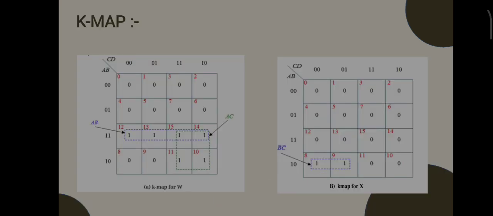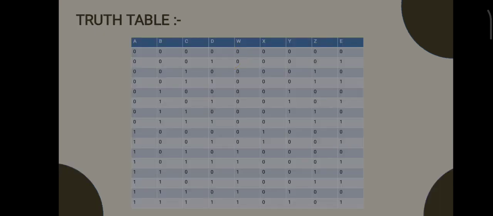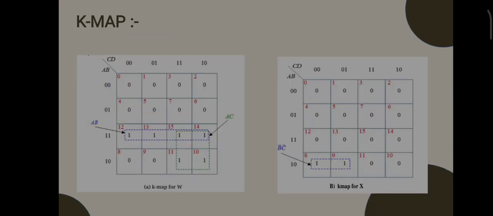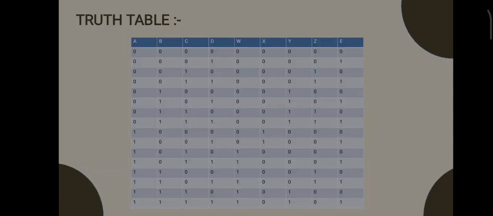So let's move forward to the K-map. We have taken a 4-variable K-map here, which accepts 16 inputs. On the vertical side we have taken 00, 01, 11 and 10, and here we have also taken 00, 01, 11 and 10. We have to check the truth table of the output positions, which are W, X, Y, Z and E. First we draw the K-map of W. For the K-map we have to check the positions of ones. Here the positions of 1 in W are from 10 to 15.